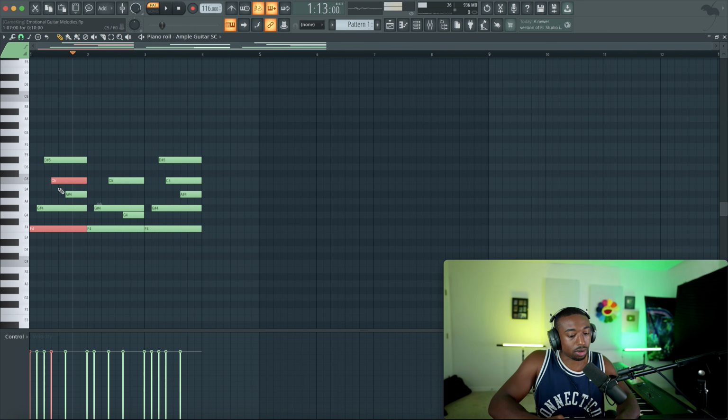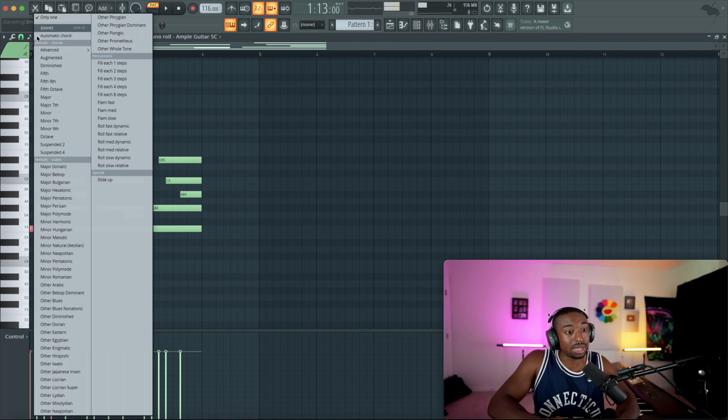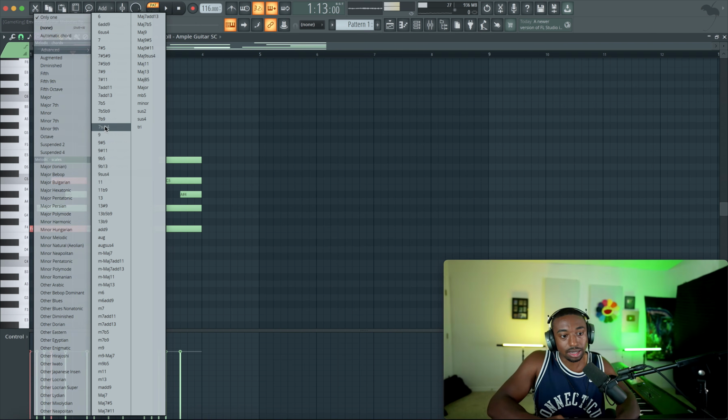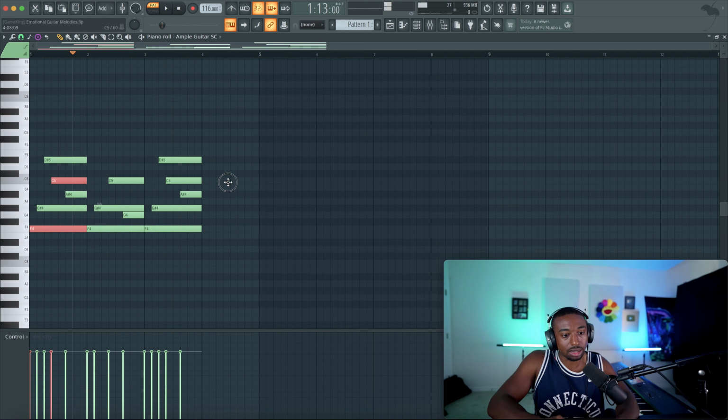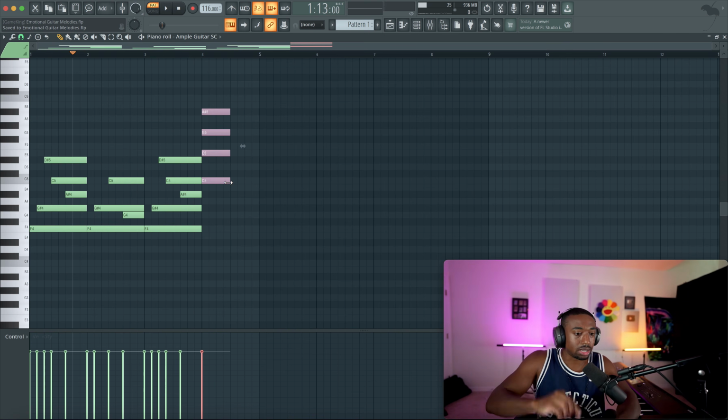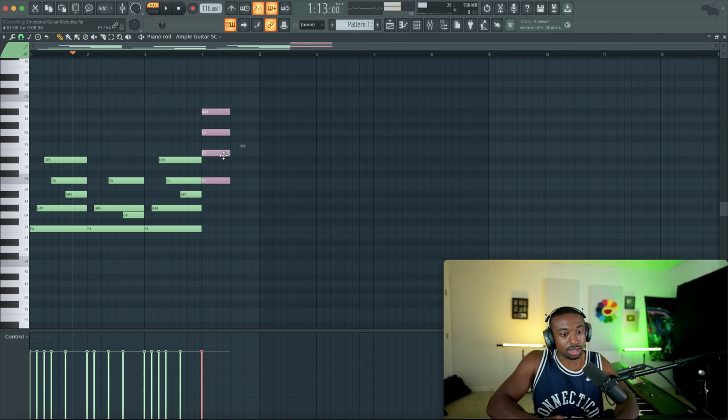tonic and you go up to the perfect fifth. In this case, 0, 1, 2, 3, 4, 5, 6, 7. That's going to give you your perfect fifth. Then we can add what's called a dominant chord. This could be a dominant seventh. It could be a dominant ninth chord. There's no right or wrong chord type. In this case, because we're playing mostly 4-note chords, we're just going to stick with the seventh.